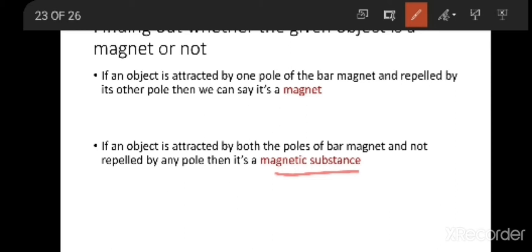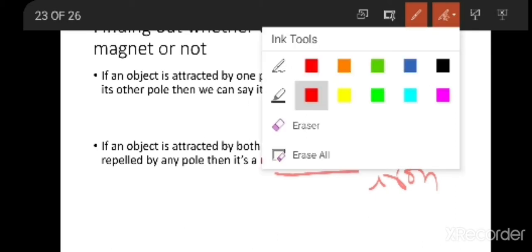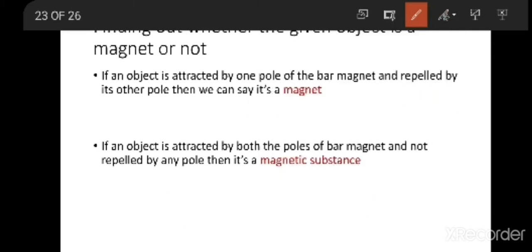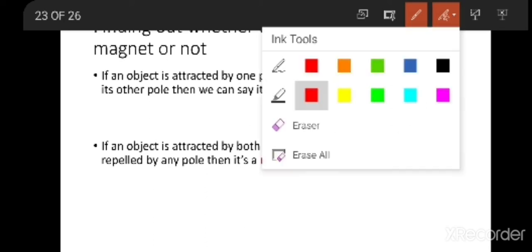The substance which easily gets attracted by a magnet is a magnetic substance. The best example is iron. Iron is a magnetic substance. If I gave you two objects and you don't know what they are, how do you find out which is a magnetic substance?